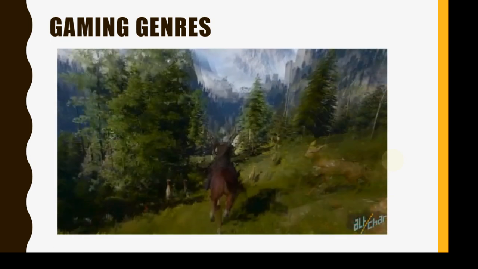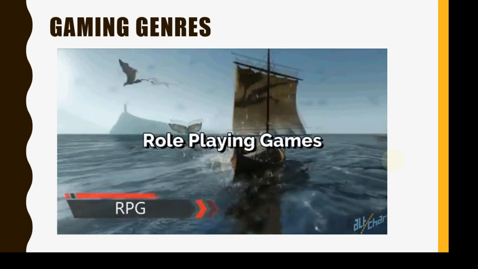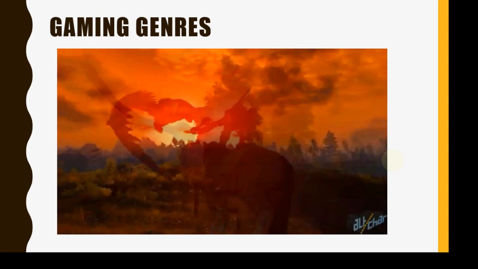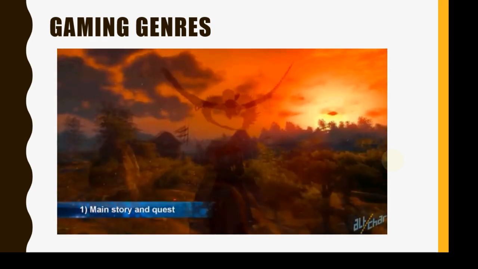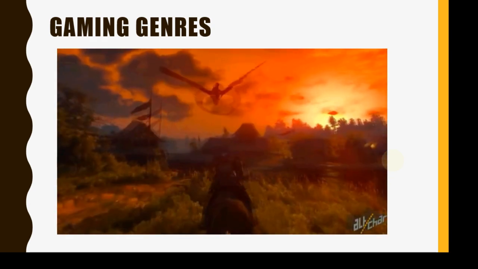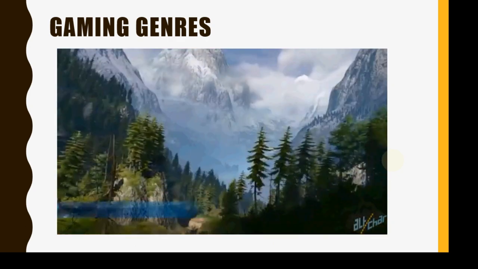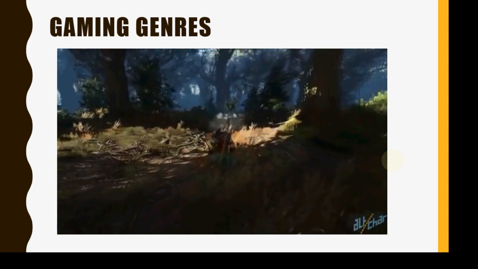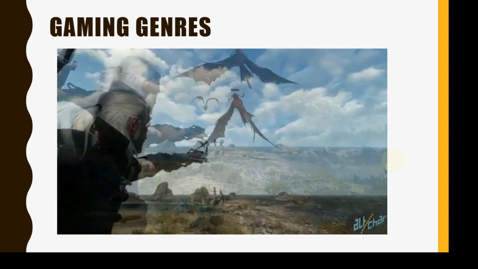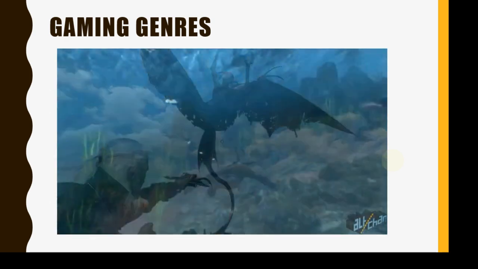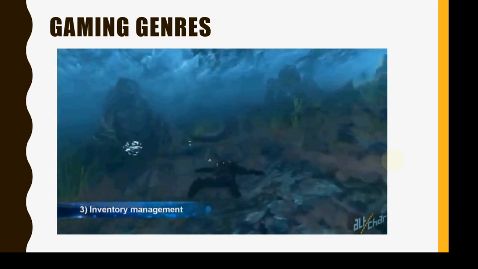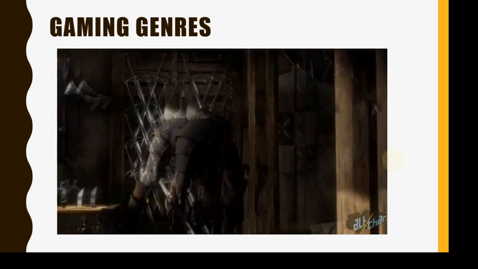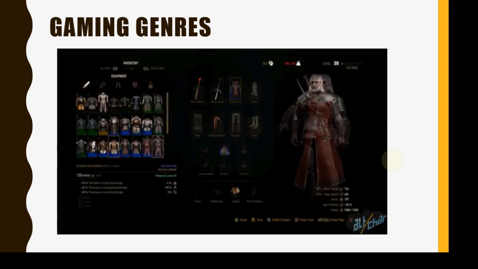The next genre we're covering is RPG, role-playing games. These are typically adventure games that usually incorporate three key elements. 1. A specific main story and quest, and a bunch of smaller side stories and quests which expand the game's lore. 2. Character evolution or leveling, which sees you as the main character gain experience and unlock a ton of new skills by completing quests and slaying foes and so on. And lastly, number 3, inventory management and crafting, essential to making progress in the game's world. These items include weapons, armor, healing items, magic, and so on.